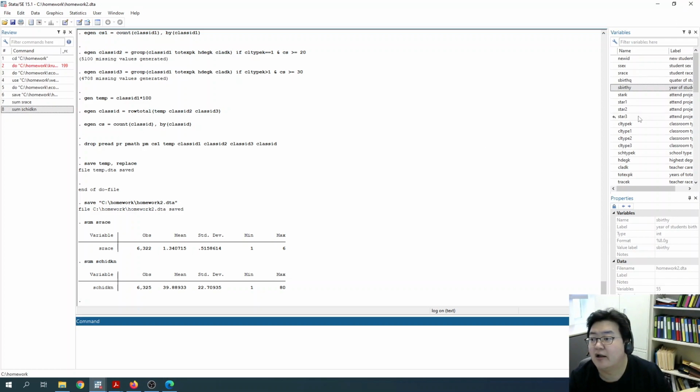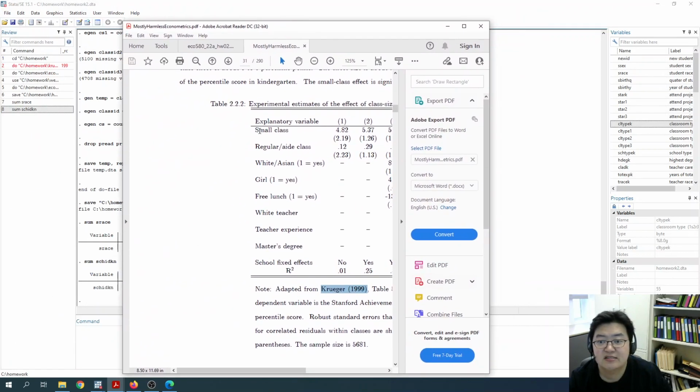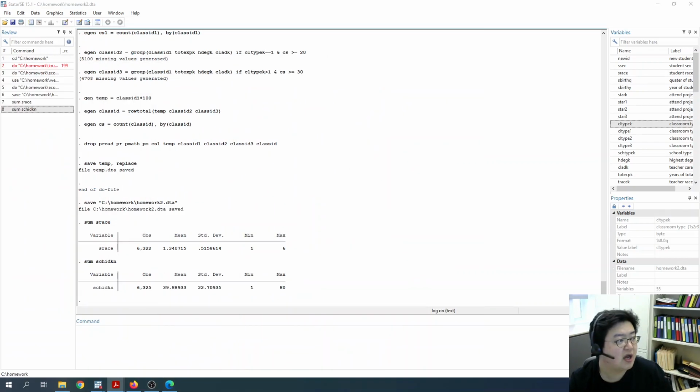First, let's think about the class type. In the textbook, the class type is defined as small or regular with aid. So small or regular with aid are defined as separate dummy variables, but the reference group is regular. I explained how it works in the class. To implement that, we are going to